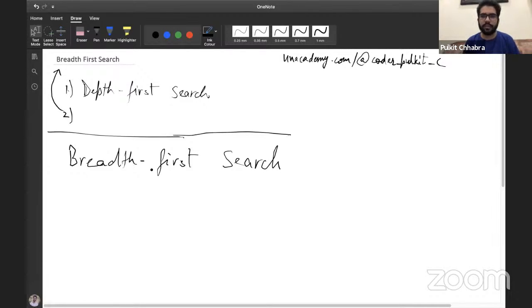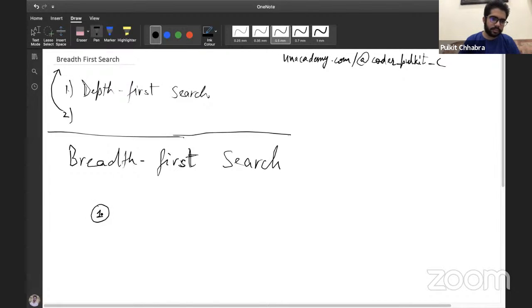That manner depends on whether we are using DFS or BFS or some altogether different traversal technique of our own. If we are talking about BFS, as the name suggests, we are going to go breadth-wise. Let's take a small example and let me discuss what I mean by breadth-wise.